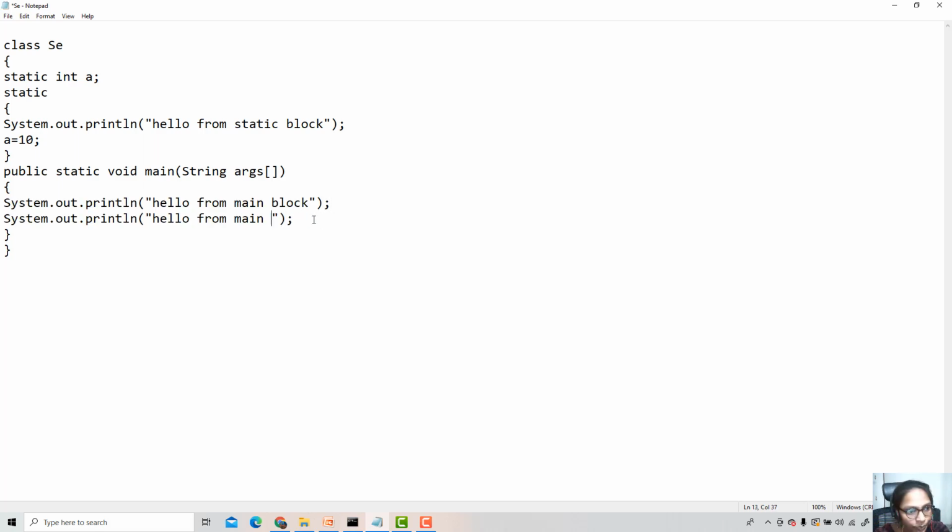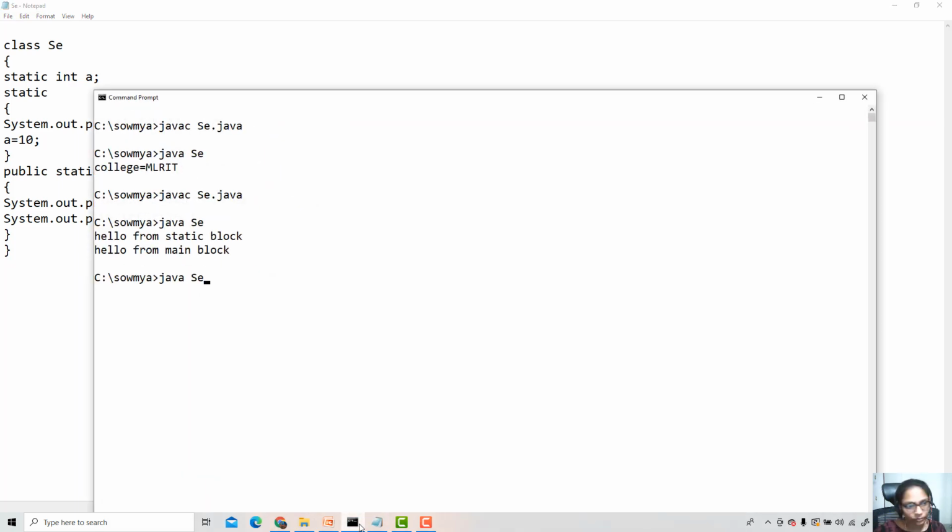A is equal to plus A. See, A is a static data, main is also a static method, that's why we are able to access it directly. So I should get hello from static block, hello from main block, A is equal to 10. So hello from static, hello from main, A is equal to 10.